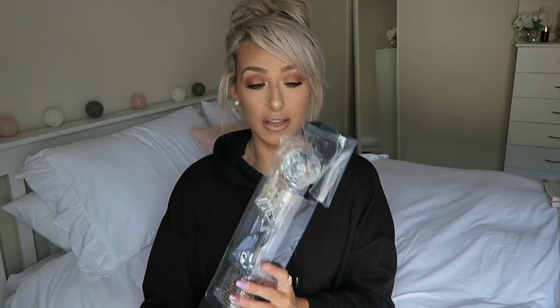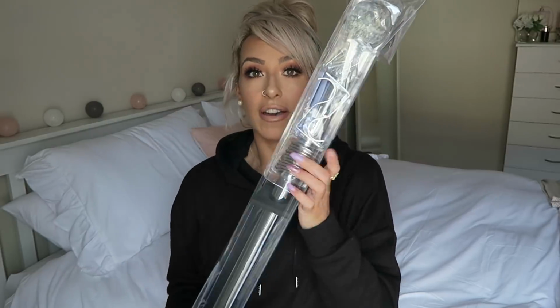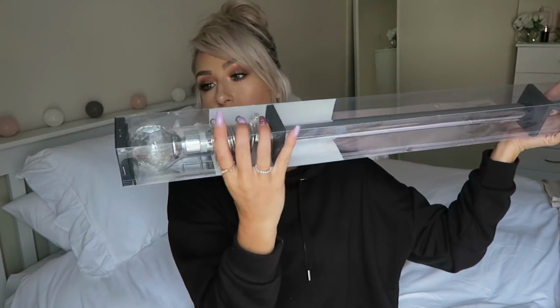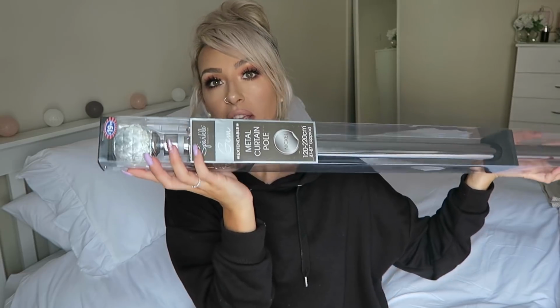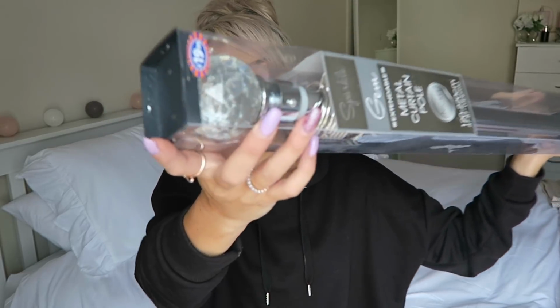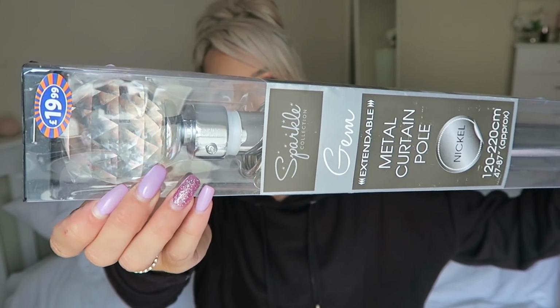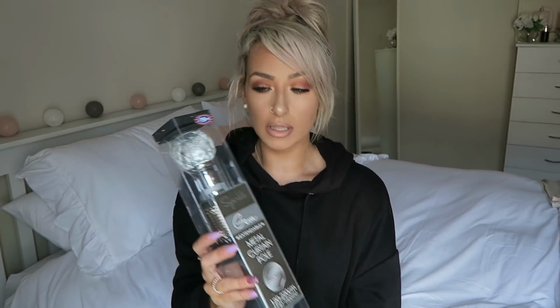Next up, I want to talk about this monstrosity. This is a big boy. This is my new curtain pole and it is massive. It was $19.99. It looks like that and it has gems on the end, massive big gems. Aren't they just insane? I think they really do great quality curtain poles because this was $19.99, like I